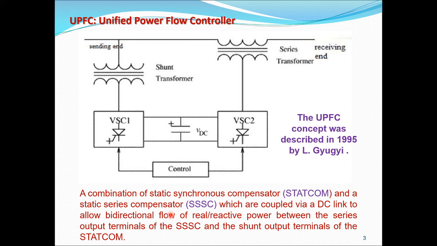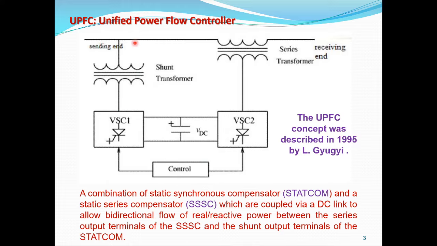Yeah, this one is a basic diagram for the part of the unified power flow controller. Our subject itself indicates the part here as the transmission system. I'd like to take one transmission system. In that, it's a combination of two parameters. One is the shunt controller, another one is the series controller. This series controller is nothing but SSSC. SSSC stands for static synchronous series compensator. The shunt one is STATCOM, which stands for static synchronous compensator.